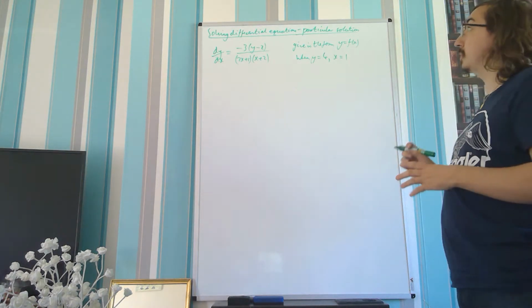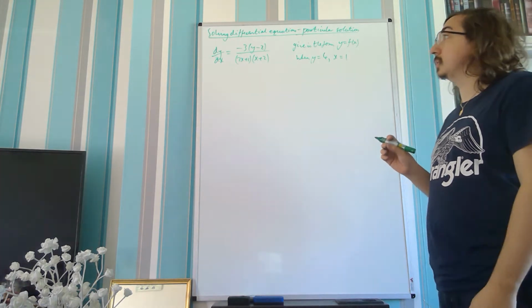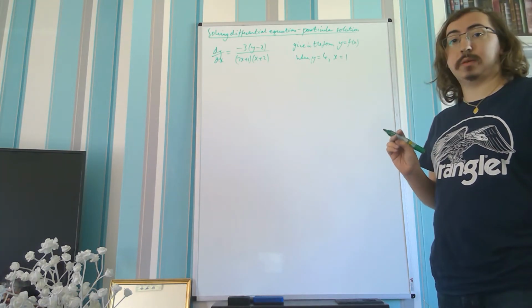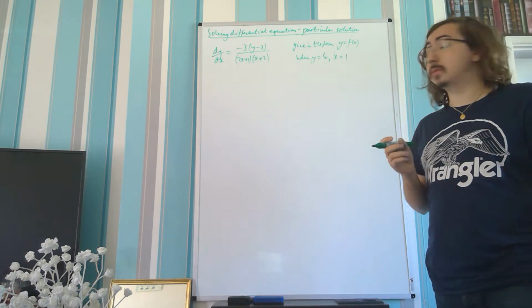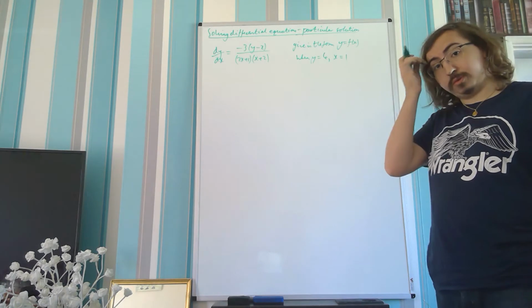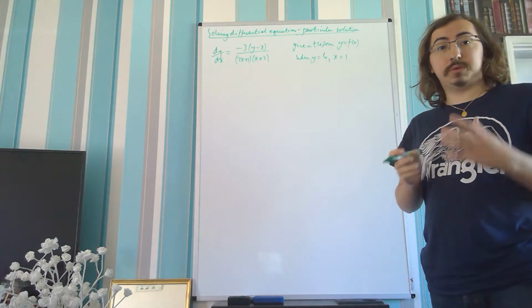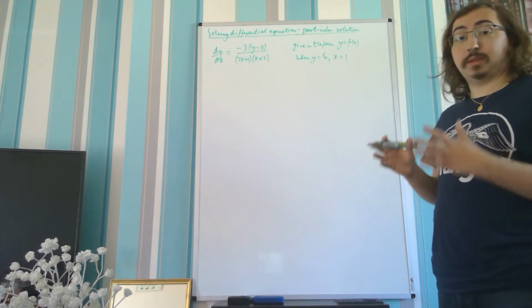So for this problem we want to find the particular solution for dy/dx = -3(y - 2) / ((2x + 1)(x + 2)), giving our answer in the form y = f(x), where y is equal to 4 and x is equal to 1. So we've got quite a few stages to this problem, but to start off with, as it's a differential equation,